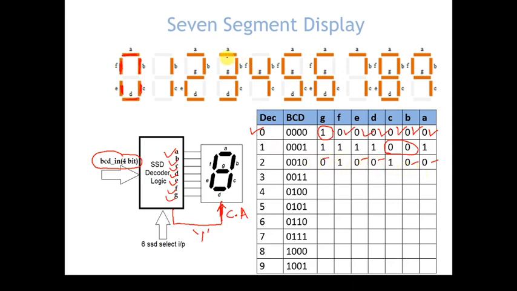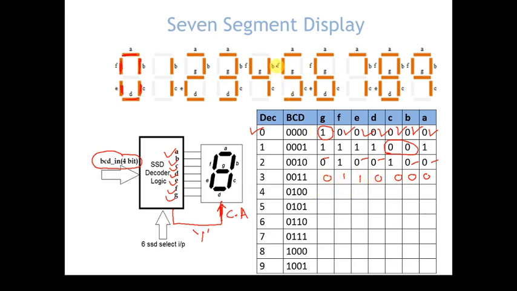Similarly, let us try for the 3. For 3, A, B, C, D should be 0, so let us note it down. So A should be 0, B also 0, C also 0, D also 0, E is off, so it is 1, and F should be 0, G should be 0.